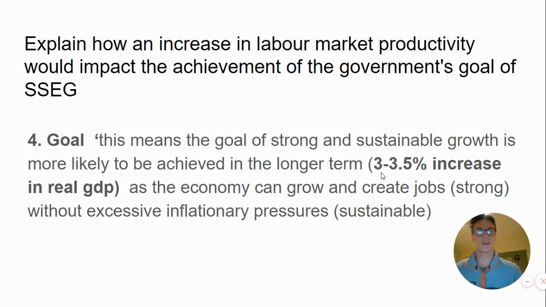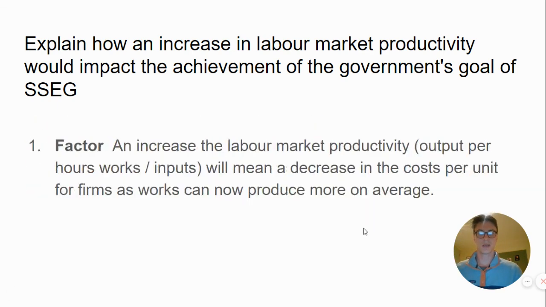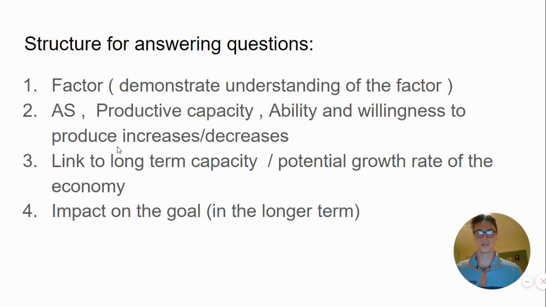I've said that the target is a 3 to 3.5% increase in real GDP. And I've also mentioned that the strong component will be achieved as more jobs can be created without inflation, which is the sustainable component. So again, if I go back to the four marks, 1 is for a factor, 2 is for those three: aggregate supply, productive capacity, and ability and willingness. 3 is sort of the link between the long-term capacity or the potential growth rate and your goal. And 4 is going to be